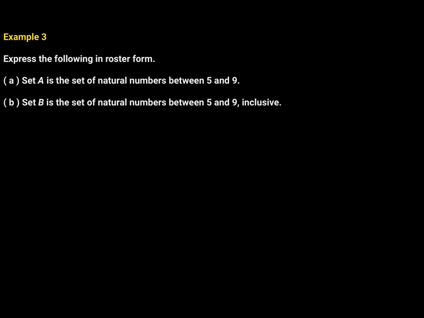This next example is just illustrating the power or meaning of this word inclusive. All right. So the instructions say express the following in roster form. Set A is the set of natural numbers between 5 and 9. Between 5 and 9. That means it is the set 6, 7, and 8. We're not including 5 and we're not including 9 because they only ask for the numbers between 5 and